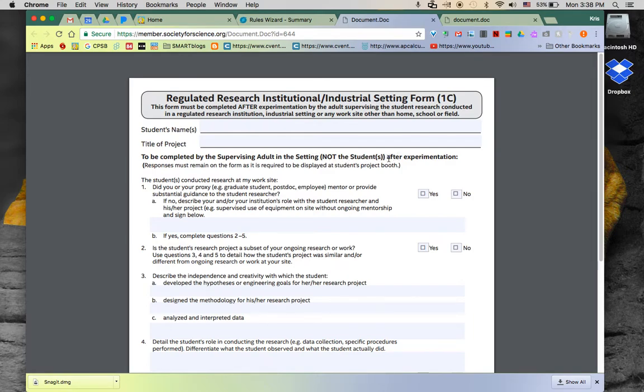And notice it says after experimentation. This is critical. It is after experimentation. It is the only form that is to be dated after experimentation. I believe that is a correct statement. I'll see when we get to 6A and 6B, but I believe that is correct. All right, the student conducted research at my site. And then I've got to